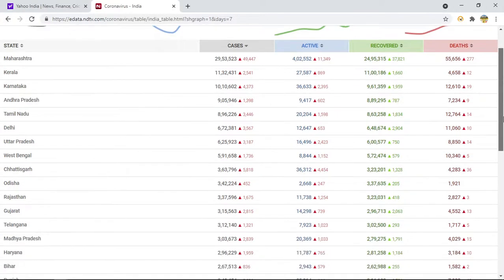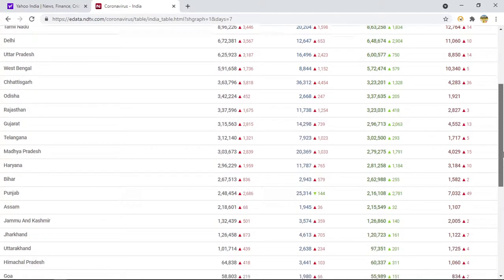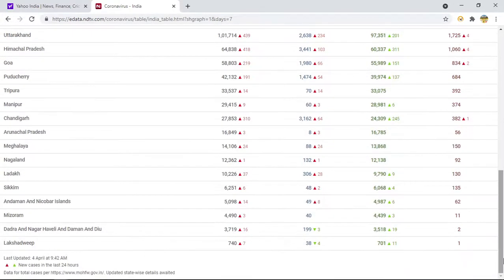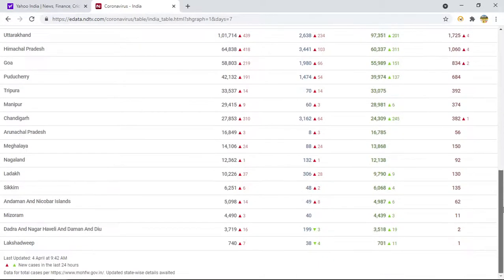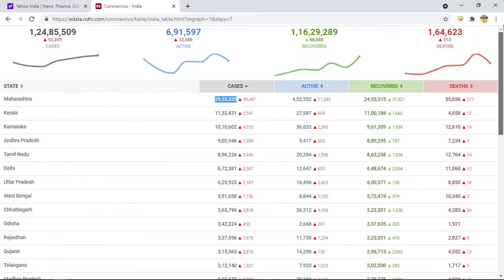Now as a tester, I want to validate whether every day the total count of the cases here should be equal to this one, because our website should work correctly. Otherwise, you cannot show incorrect data to the user. So I'm checking every day whether the sum of these cases, starting from here to here, I'm talking about only the first row, you can do it for the rest, is equal to this number or not. So how can we do that?